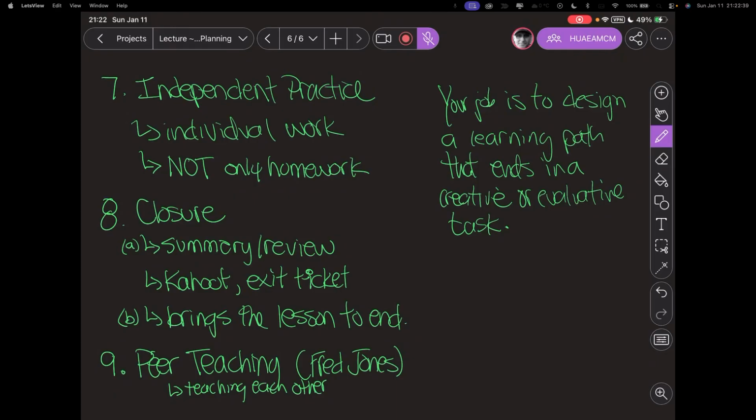So one of the things I said at the beginning is that this was direct teaching. So that's that stand and deliver, you're at the front of the class and you're teaching, right? That's what you get paid for. But one of the questions that might come to your mind at some point, because I know it certainly did with me when I was a beginning teacher, was, well, how much should I be at the front of the class? And one of my former administrators gave me this sort of ratio.